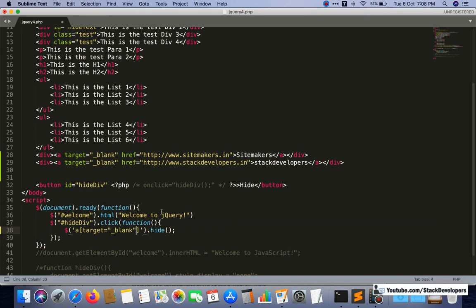So we will use it like this, that is perfect. Now I am going to hide all the hrefs with target blank. If you come into a scenario in which you want to hide all the href elements that have the target blank, then you can use it like this.